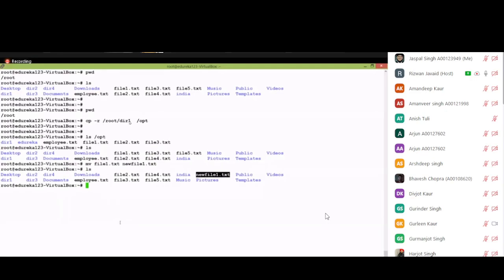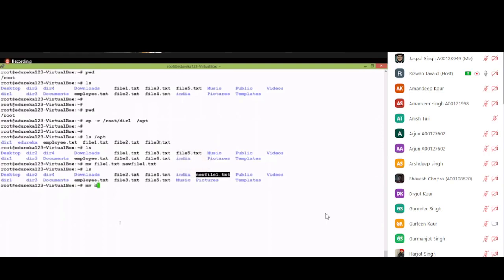Okay, so now you can see how to change the name of the file. So the mv command: this is the source, this is the destination. So just think about that one. This name will change to the new file name, and then you can see the file1.txt.